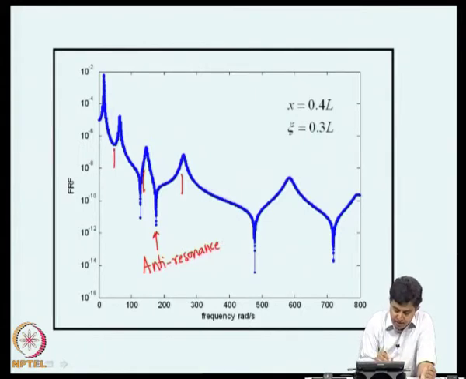Whereas here, the contribution from this mode and this mode add to produce this value, and they are of the same sign. Therefore, we get this characteristic minima, whereas this is a sharp anti-resonance point. This actually does not go to 0 because there will be contributions from other higher modes which will be small, but not 0 anyway.